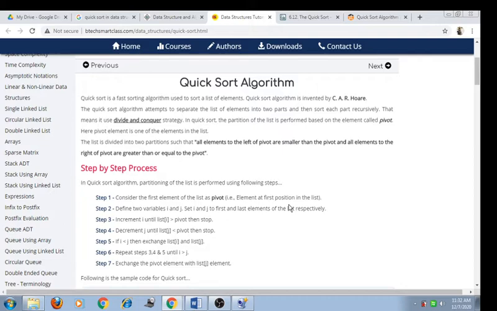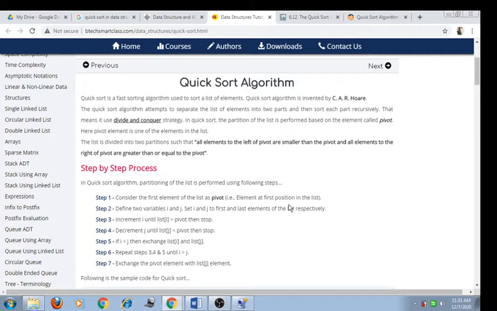Again the second element is compared with all the remaining n minus 1 elements. The smallest element is placed at the first location. Again the second element is compared with the remaining n minus 2 elements. If the element found is lesser than the compared element in the remaining n minus 2 list, then the swap operation is done. So in this type the entire array is checked for the smallest element and then swapped. This is the process of the selection sort.